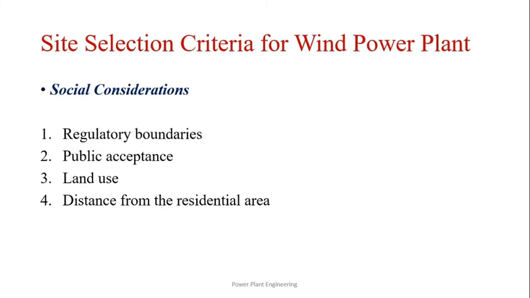Social considerations. Social factors that affect the selection of the site include public acceptance, distance from the residential area, and alternative land use options of the candidate wind farm site. The public may oppose a project because of possible environmental or social effects. Distance from the residential area gains importance so as not to interfere with social life during the wind farm construction or operating conditions.